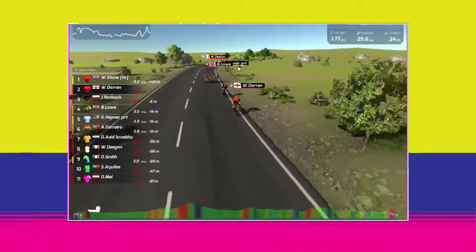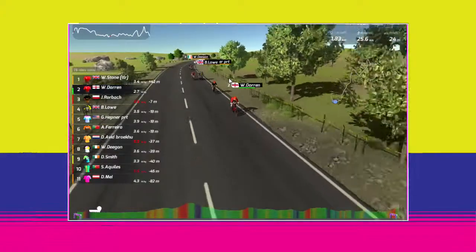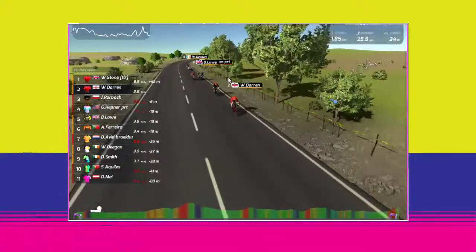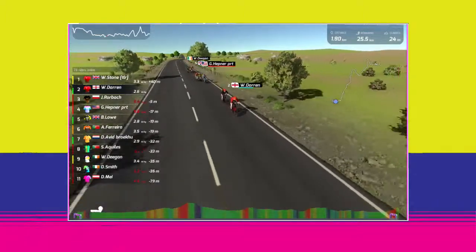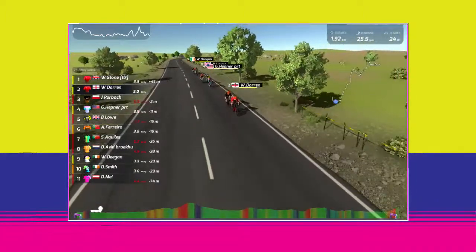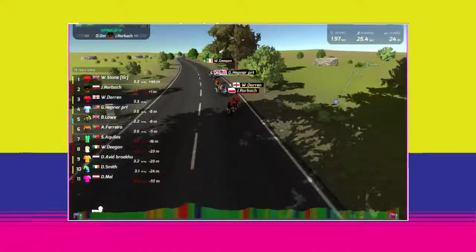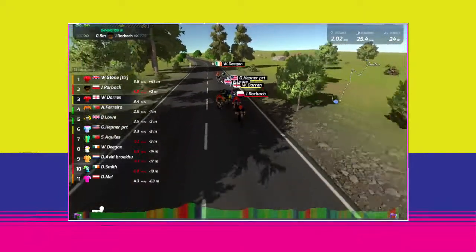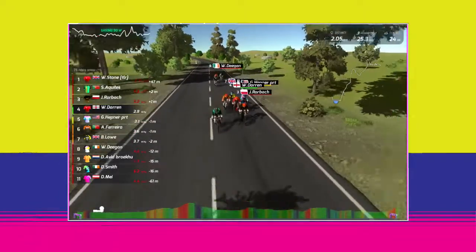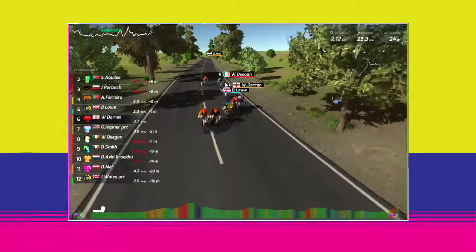So we've got a little bit of flat ground here. Will is a fantastically strong rider on the flats. A little bit of a heavier rider, so I'm not sure how he'll get on with the climbs in this race. His weight will be attenuated to his FTP, so he may be getting a benefit going up these hills. I'm not sure what his current FTP is, but what does happen is some of these riders who've got